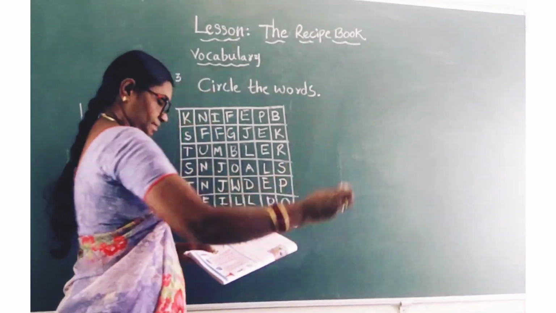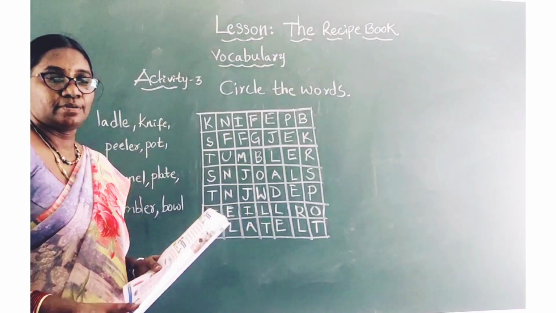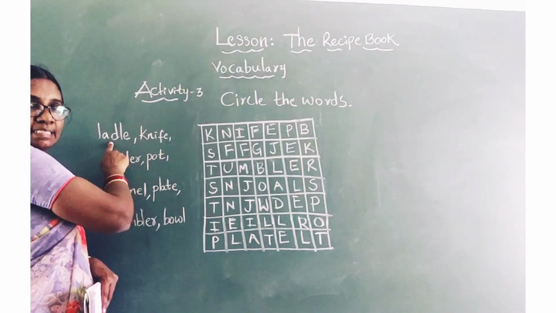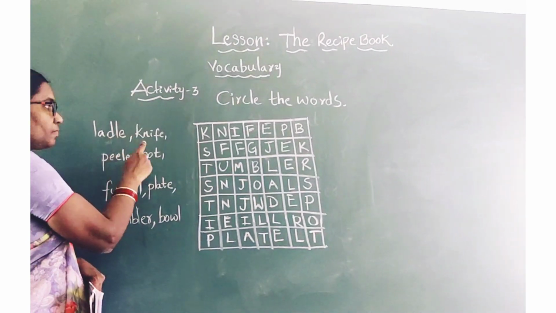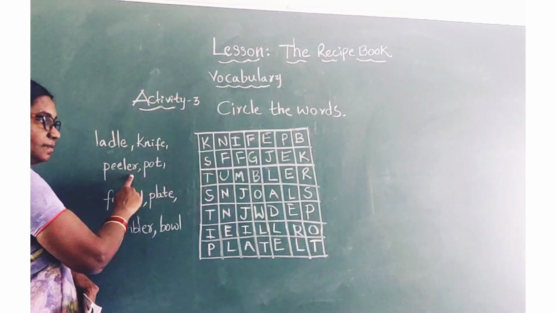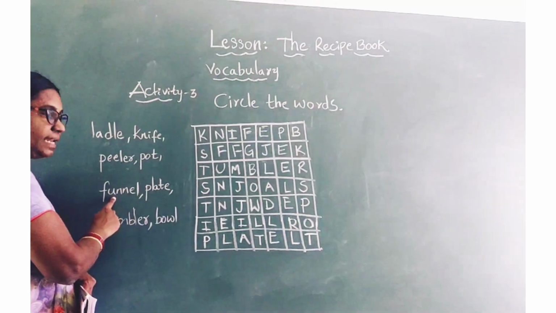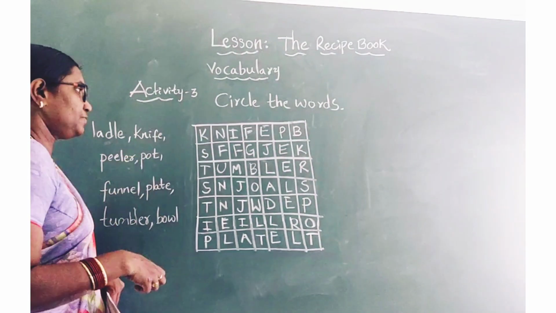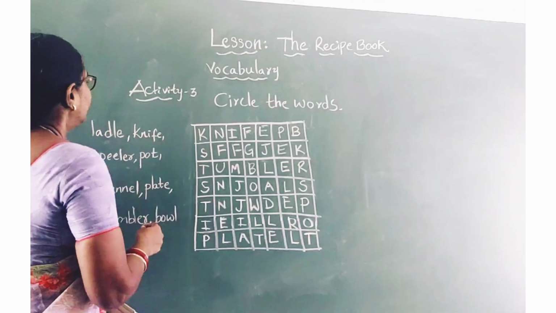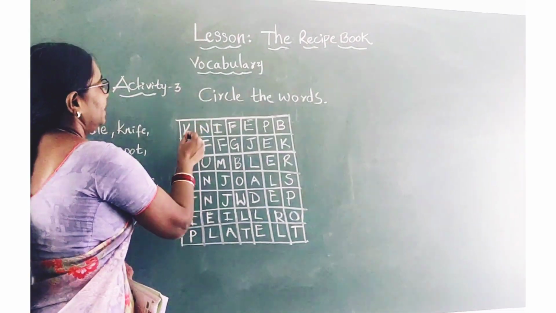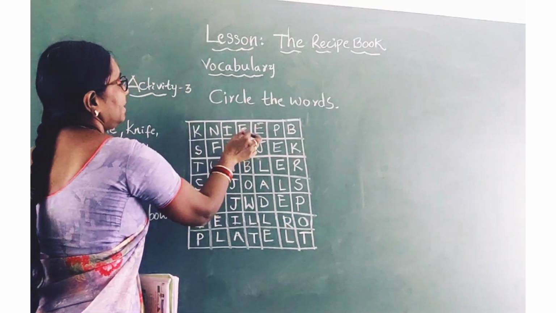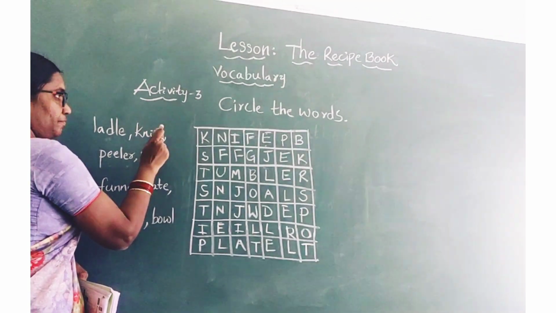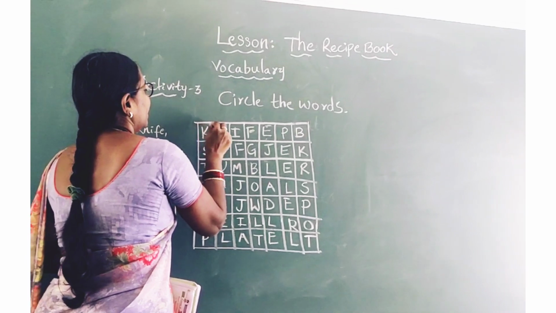L, T. Dear children, now you have to find out where these words are. What are the words? Let us read again. Ladle, knife, peeler, pot, funnel, plate, tumbler, bowl. Come on, let's find out where the words are. Okay, yes. K, N, I, F, E. So, you have to circle